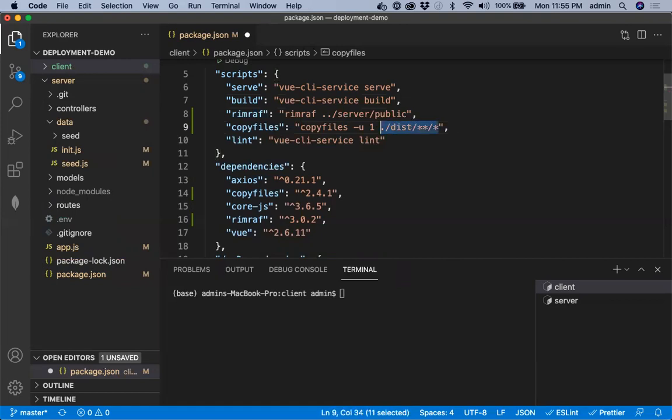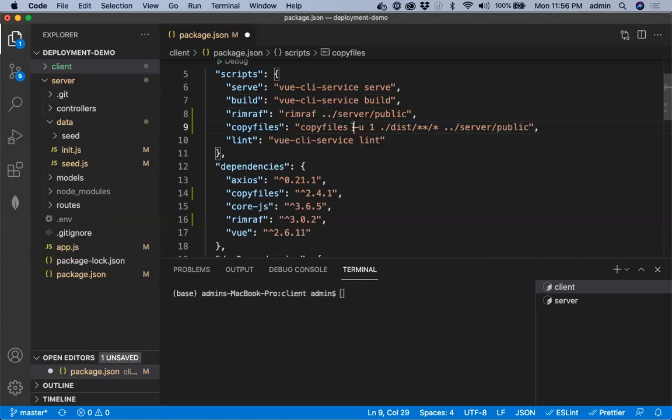You may have to adjust this slash on Windows, you can check it out. It's better to take a backup of your files before you do this. Just copy the client and server somewhere if you're trying it on Windows. I've tried this on Mac, it'll work for Linux. And you'll be copying it one level up, server inside public.